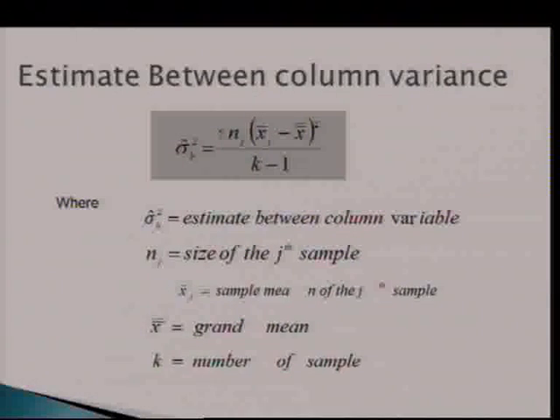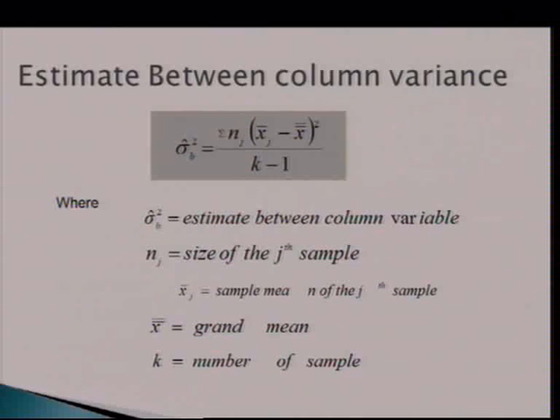So now what do we do? First we estimate the between column variance. Now this is the working formula directly, a very easy one. You can memorize all these things. The notations are given as the estimated. When we write sigma cap, that means we are estimating the population standard deviation from the sample standard deviation. So it is variance, whenever we give the square, and B represents between. So this is the summation over Nj multiplied by xj bar minus x double bar whole square, divided by k minus 1,